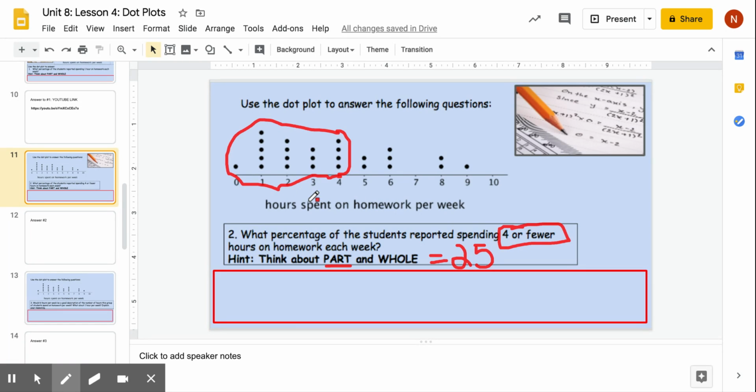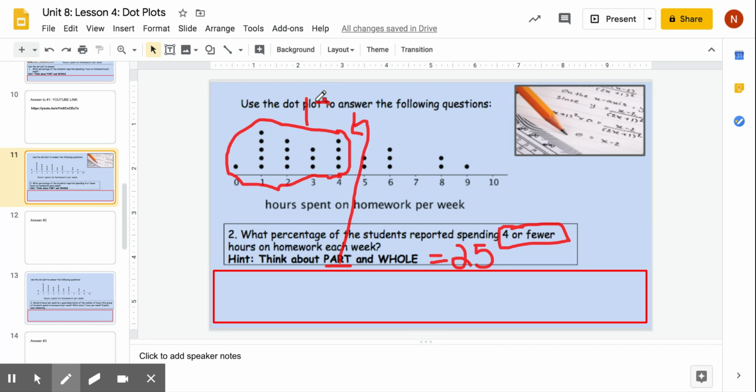So we are looking at this as our new part now. These are all the kiddos who spent 4 or fewer hours on homework each week. So now I can go in and count how many students that is. 1, 2, 3, 4, 5, 6, 7, 8, 9, 10, 11, 12, 13, 14, 15, 16, 17. So 17 students. I'm going to make a little arrow here to show that this is my part, and it